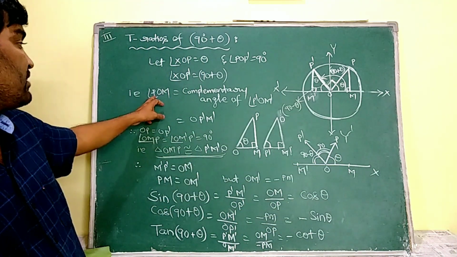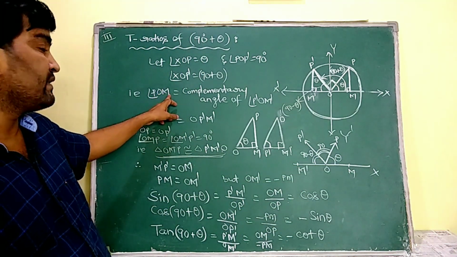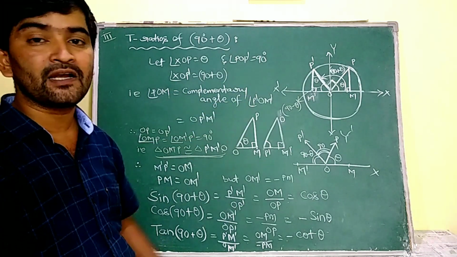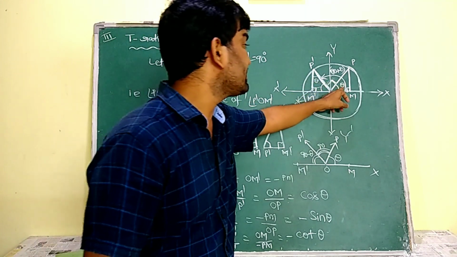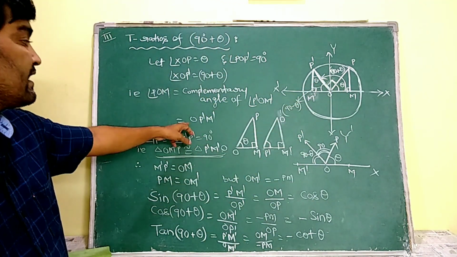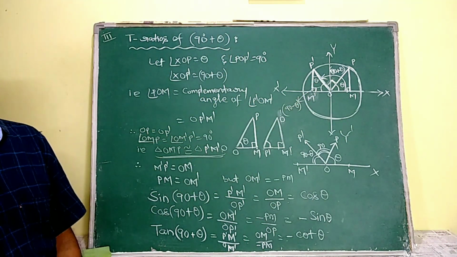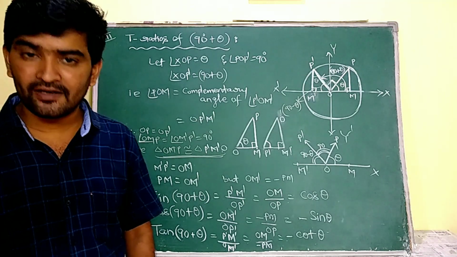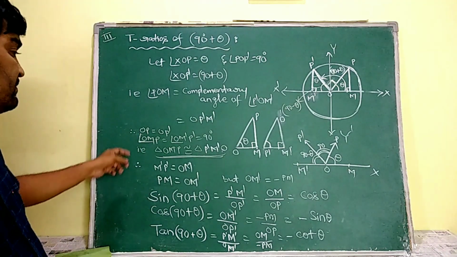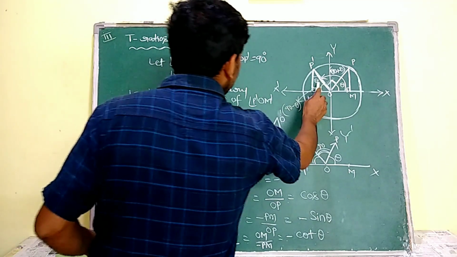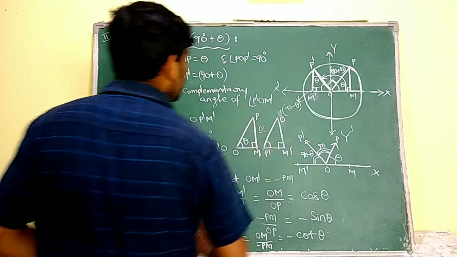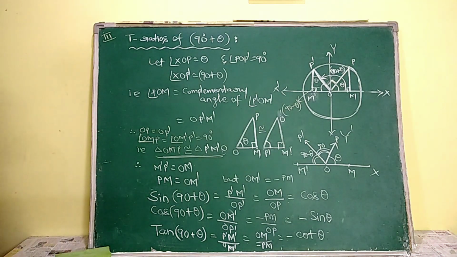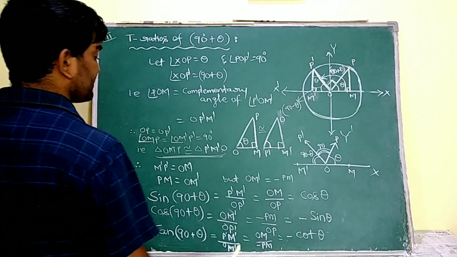So that's what I am going to write, that angle POM is equal to the complementary angle of angle P dash O M dash. That is nothing but this theta. This theta and this theta are same, no? That's what I wrote, O P dash M dash. Okay, theory concepts are very logical. Then after, I am going to redraw these two diagrams, or these two triangles, here. These two triangles are congruent. How those two triangles are congruent, I am going to explain to you.